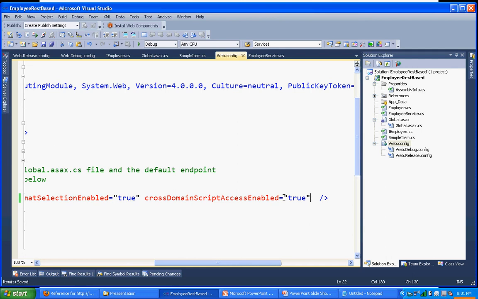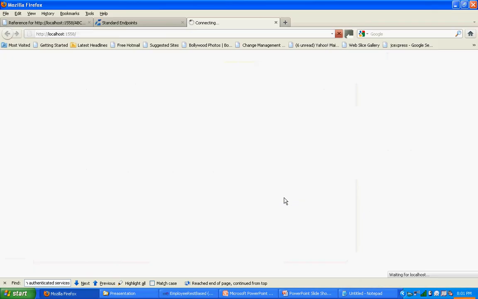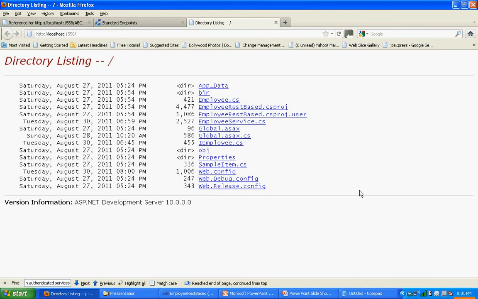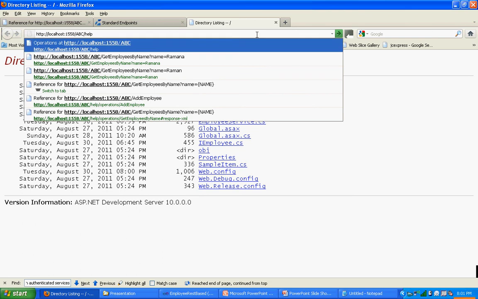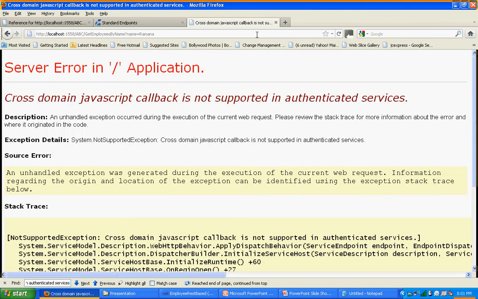But remember, if you make this setting in your source code and try to run locally using the personal web server, it won't execute. If you want to test the cross-domain changes, you must go with the IIS server. This is the error you will get.